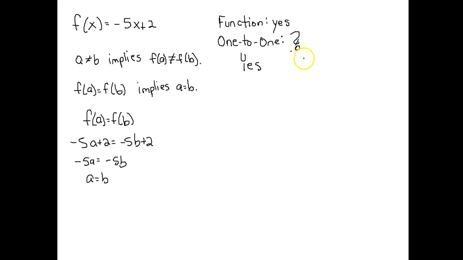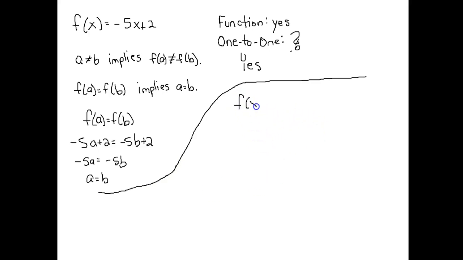Okay, so that's one way to figure out whether it is one-to-one or not. Another example of a function that you want to decide, is it one-to-one or not? f of x equals absolute value of 2x plus 1. Okay, it is a function, and if you go ahead and graph it, you'll see it passes the vertical line